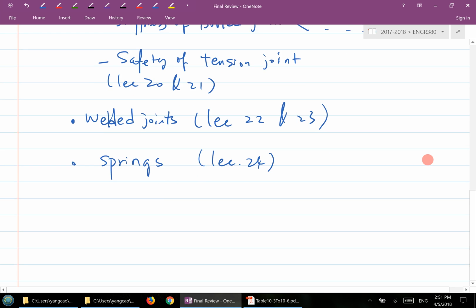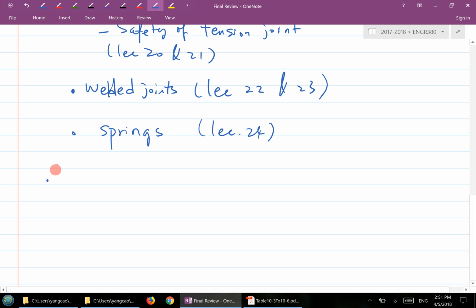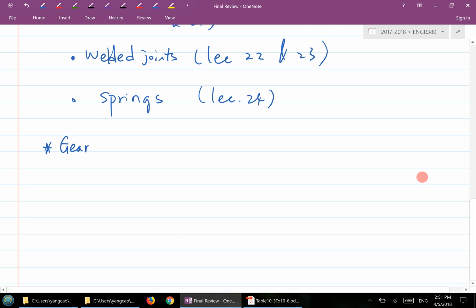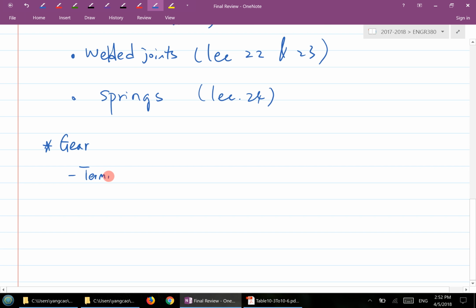Just for each one of the big sections, we'll look at some of what my requirements are. Not necessarily what I list is what I'm going to test you on. So for gear, as I mentioned, from out of this course,